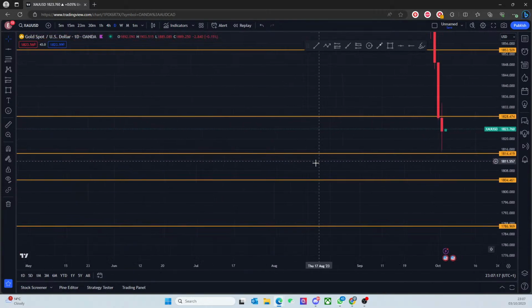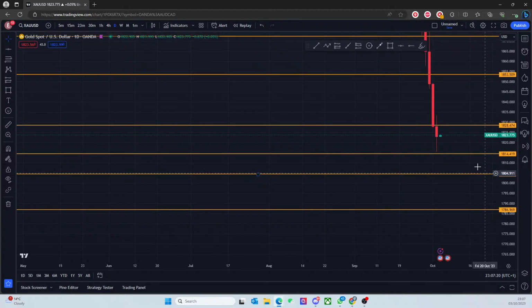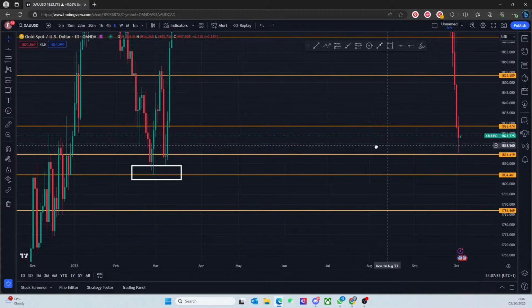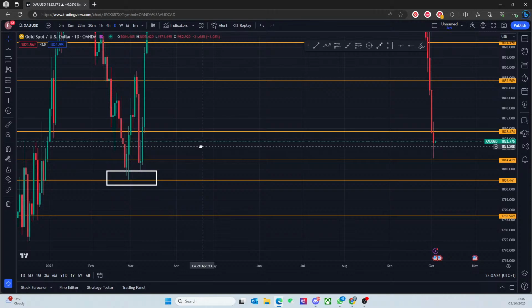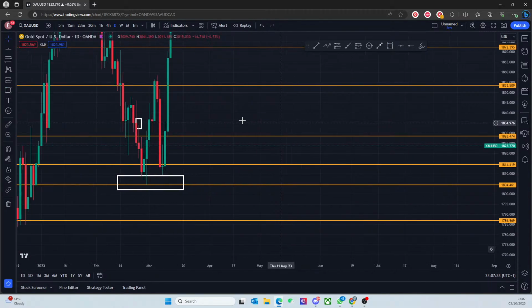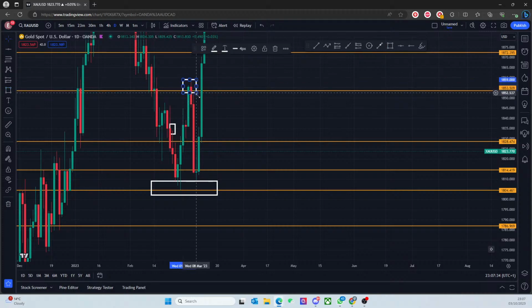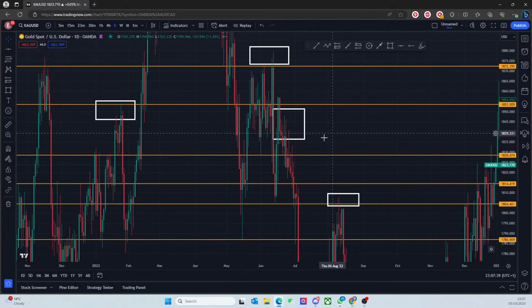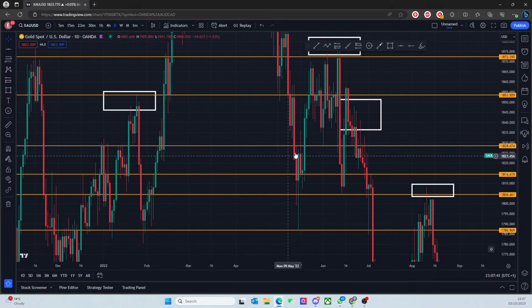So I'm looking at price getting down to these sorts of areas, but I'm looking at where it grabbed liquidity last time I did that, right? So once you got a closure below here, what are you looking for in the daily? Looking for this, and if not, you're potentially looking for this. So this could be a pineapple position, if you're trading the daily, right? If not, you get this.